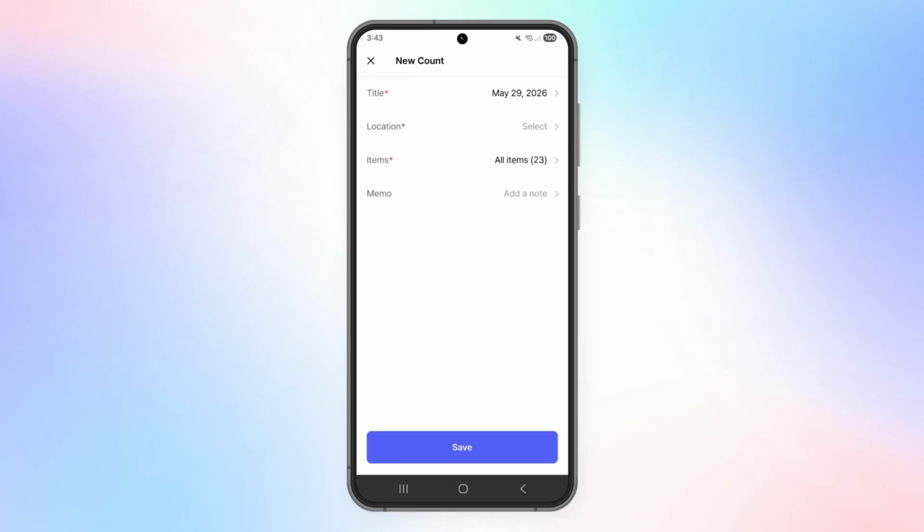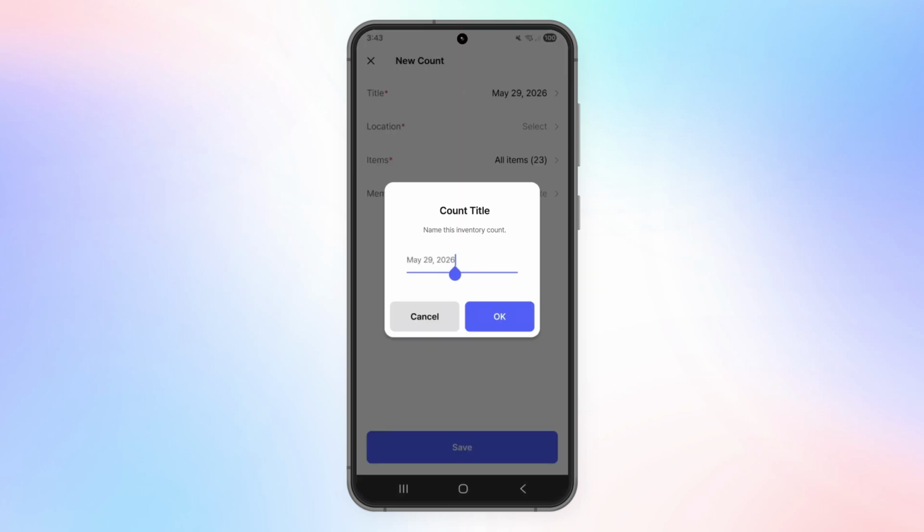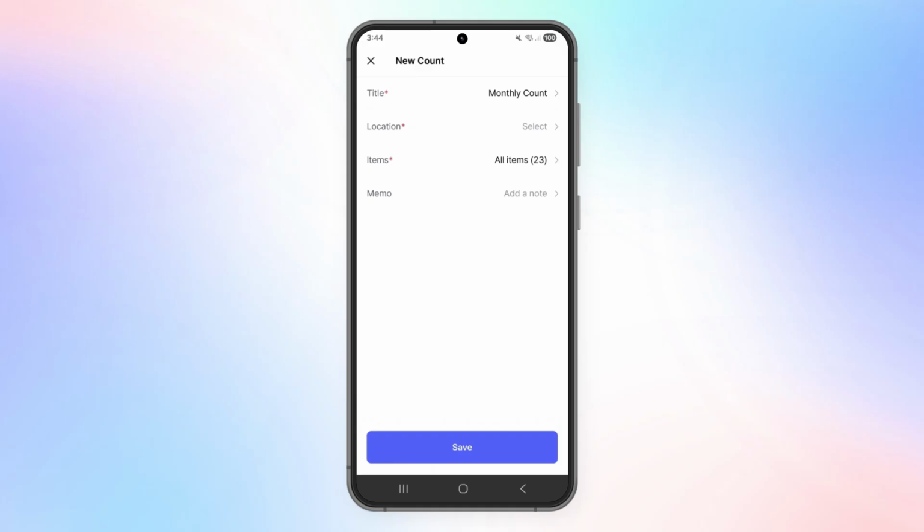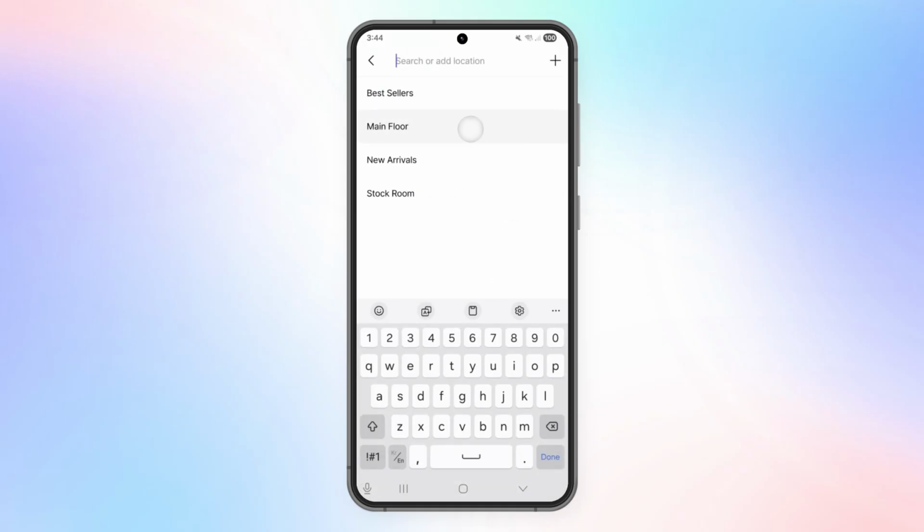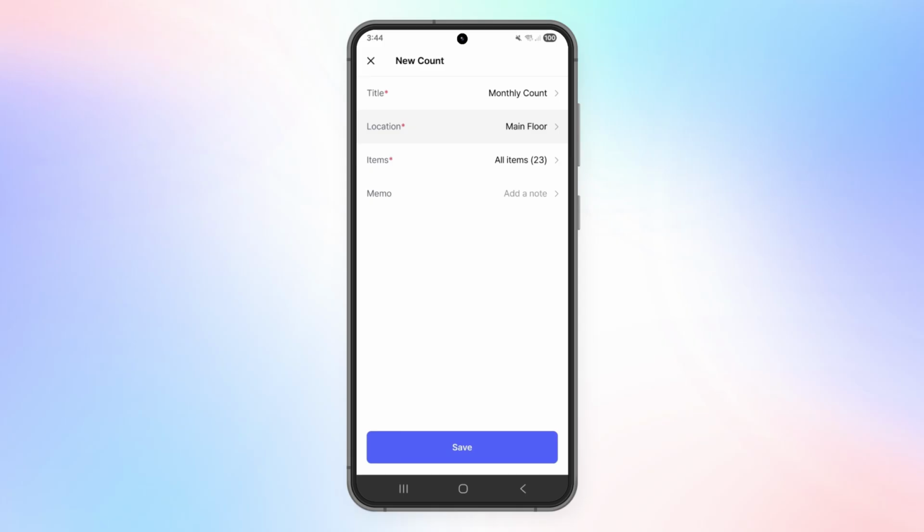Now, let's fill in the details. We'll start with the title. Name it something like monthly count or warehouse restock. Next, we'll choose a location. Go ahead with main floor, and keep in mind when the count is finalized, only the quantities at this particular